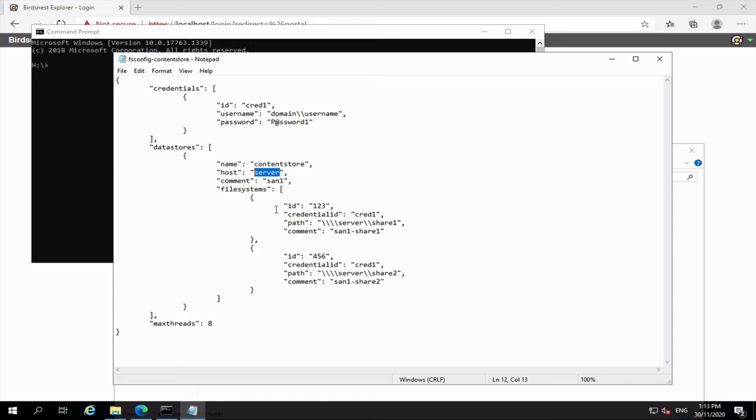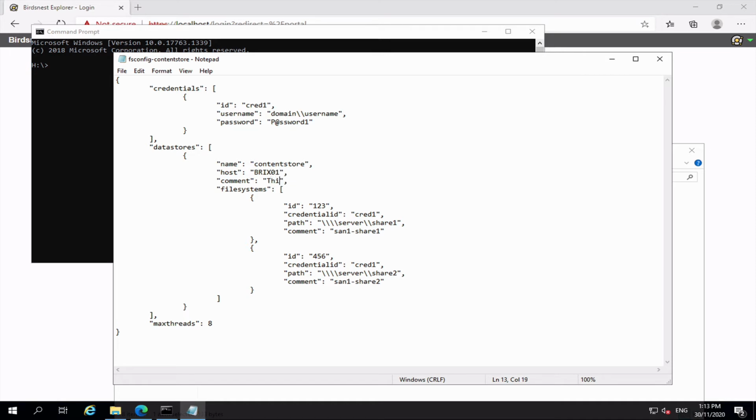There is a host that this data store is connected to. Now the host is going to search in the Birdsnest Explorer database for a device node with the same name as the one you set here, and that is case sensitive. So if you have an Active Directory computer that has this data store attached to it, you'll want to match those up. So go to Birdsnest Explorer, look for that node and get the name property and copy it in with the correct case. In my instance, the device is called Bricks01,